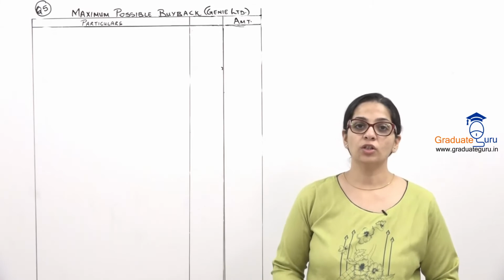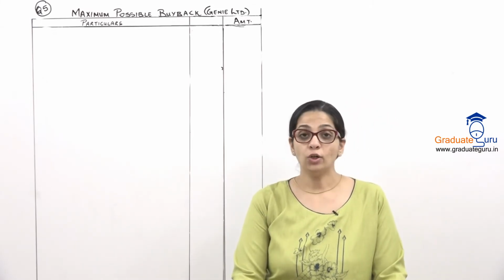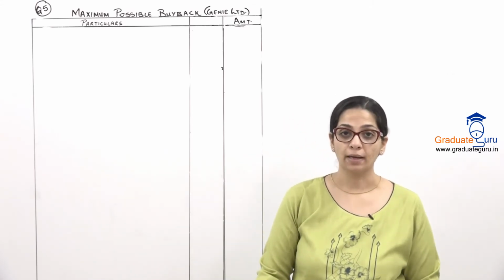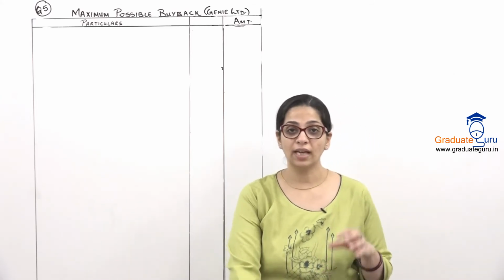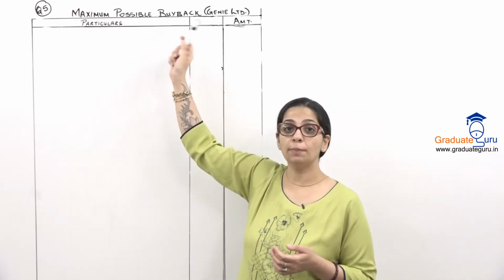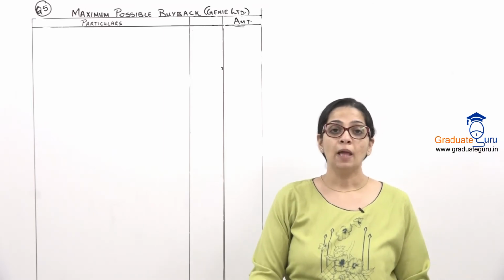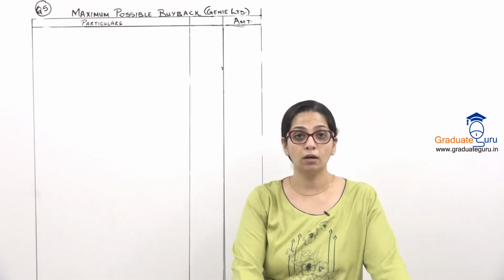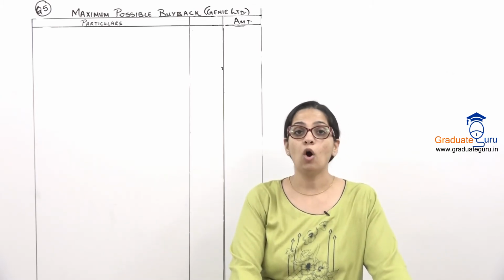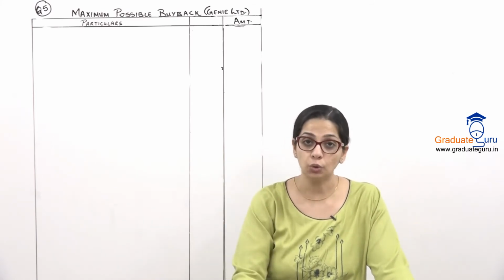Let's come to question number 5. Now in this sum, we don't know the number of shares which the company wants to buy back. We have to find out, calculate, determine what is the maximum possible buyback. We've already done that format when we were doing our theory, and we have studied how to calculate the maximum number of shares which the company can buy back when the offer price is given. This is the first type of format where the offer price is given to you.